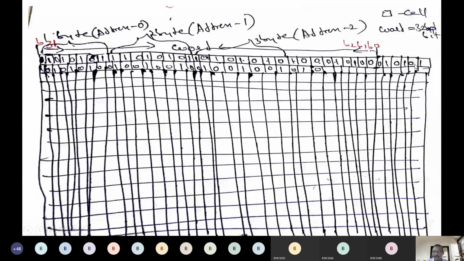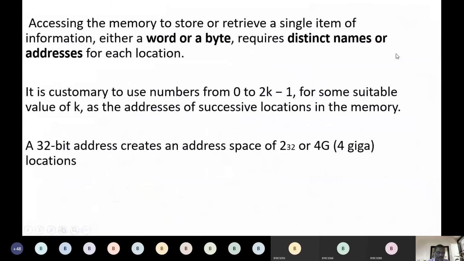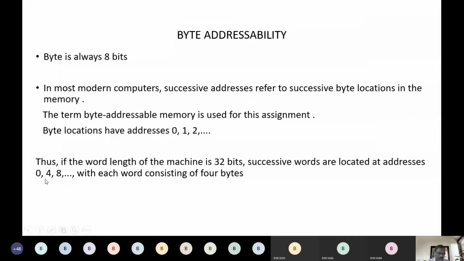The second word address starts from here, so here we have the fifth byte. 4 bytes are calculated for this first word, so the second word starts from the fifth byte. So what is the address of the fifth byte? It's 4 because addressing starts from 0. That's it. For your understanding, I am making it this way, so you can see where it starts.